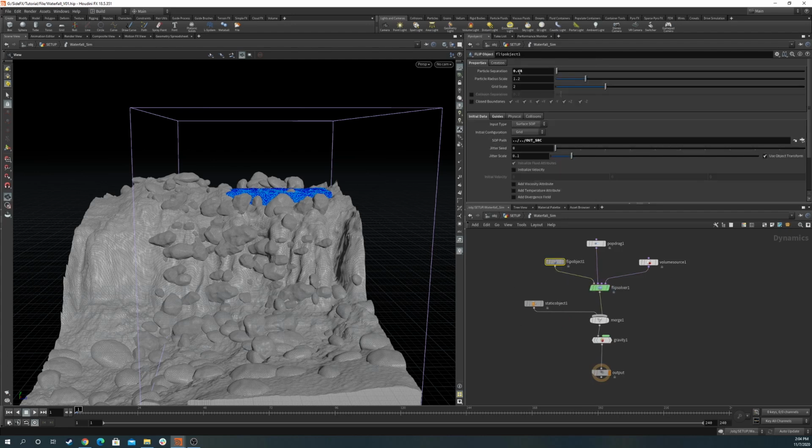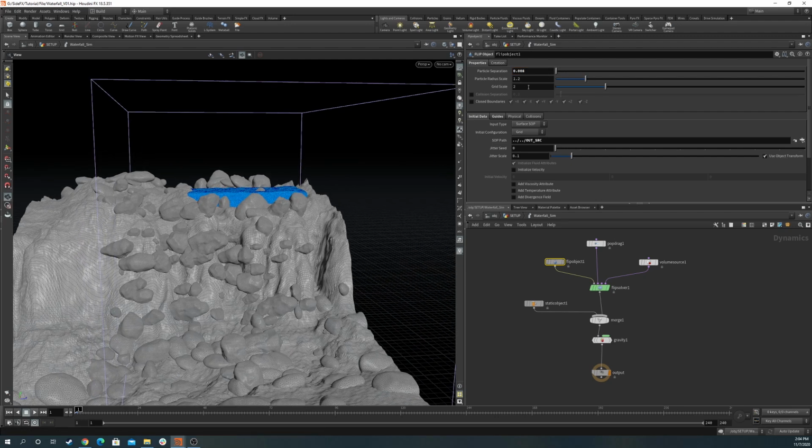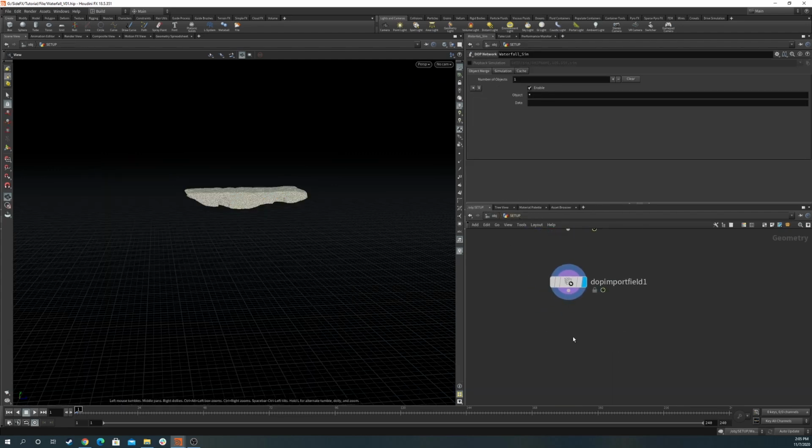Okay, now I'm just gonna lower this value to a really small value. For this grid scale, I'm gonna leave it at 2. If I want to add more resolution, more character into it without adding too many points, I can try lowering this value. But if I lower this value, even maybe just by 0.25, I will add more simulation time. So be careful with this value. For now, I'm gonna leave this one as default. Okay, so we can